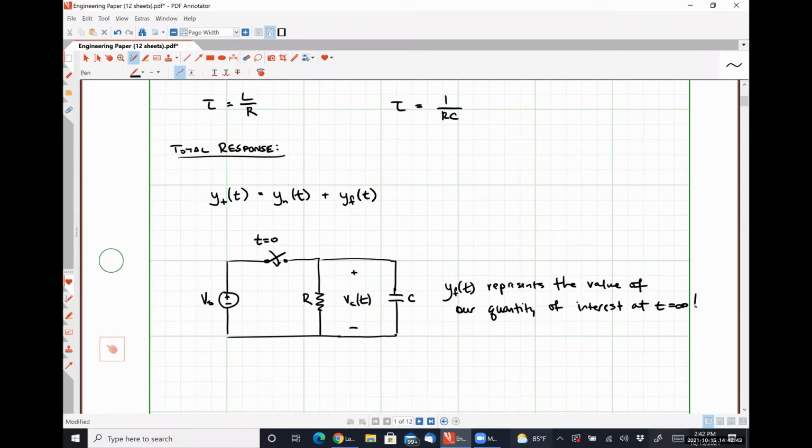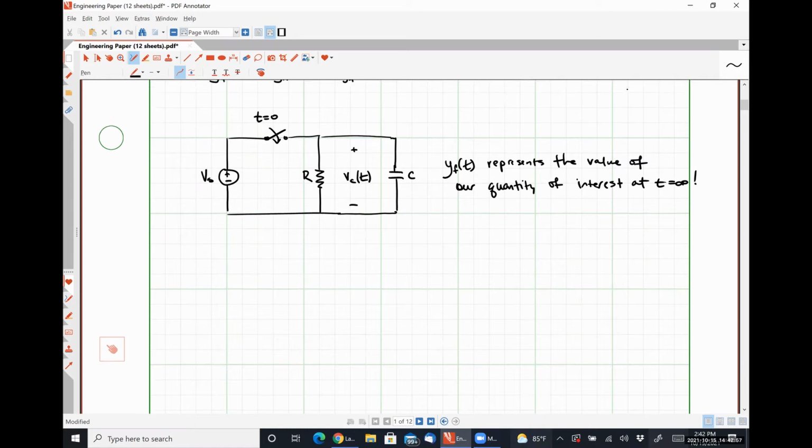So let's solidify these things by working a numerical problem. And we're going to find that there's going to be one small change that we need to make in order to develop kind of a unified way of approaching all of these problems. Okay. So let's look at this exact guy. So let's put numbers on it. Let's say that we have a 10-volt source. We have a switch that closes at t equal to 0, connected to a 5 ohm resistor,